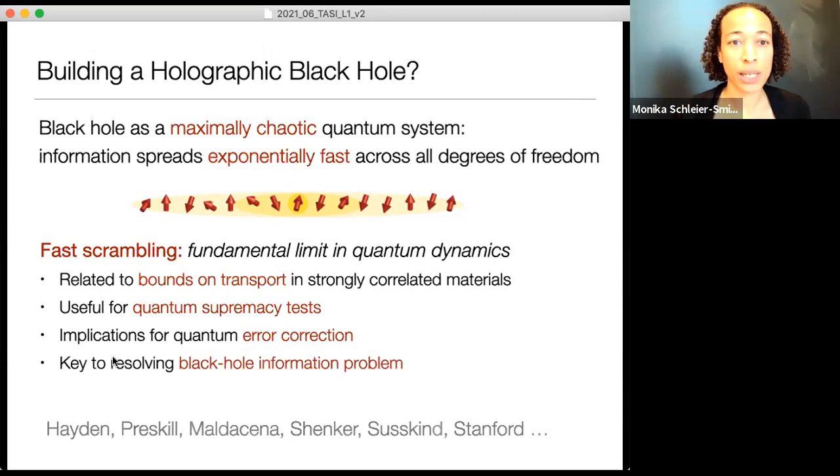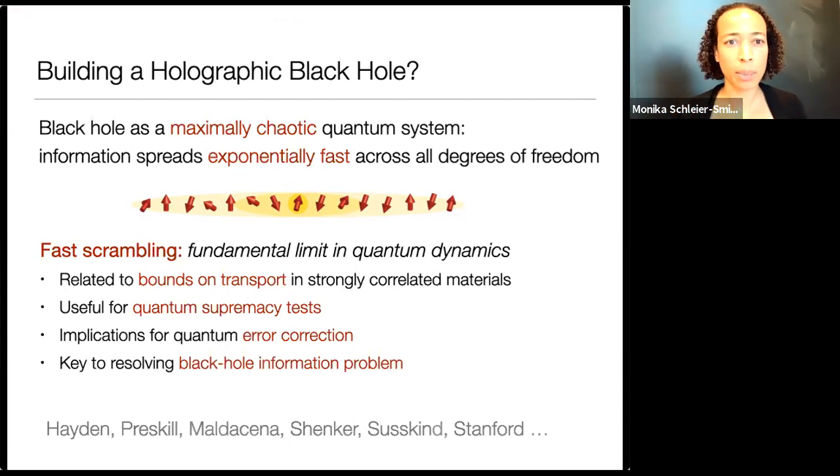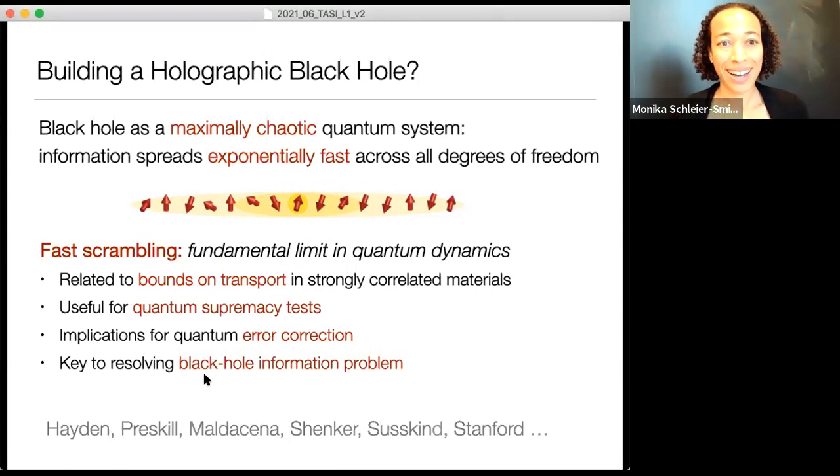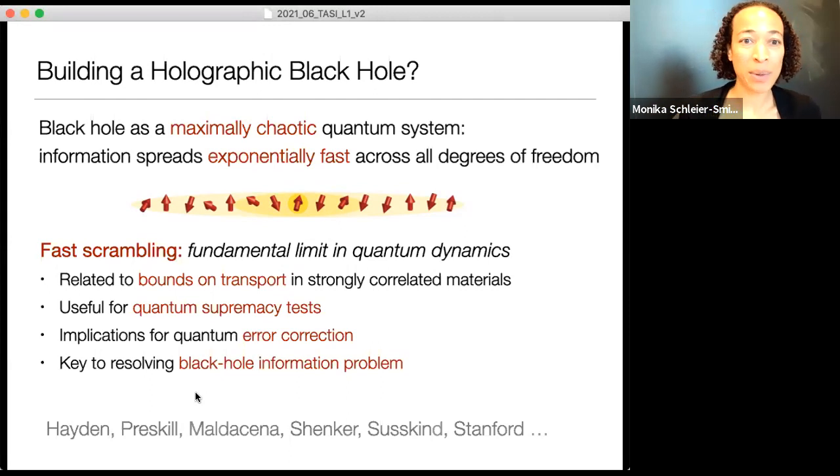Of course, there's also potentially interest from the side of understanding gravity, right? So this whole idea of fast scrambling was thought about as a way of resolving the black hole information problem. What happens to information that falls into a black hole? No, it's not lost, but it very quickly becomes difficult to access by any local measurement because it becomes hidden in complex quantum correlations. So that brings me to the motivations: why might you want to study quantum gravity in the lab from the gravity side, right? What might you hope to learn?